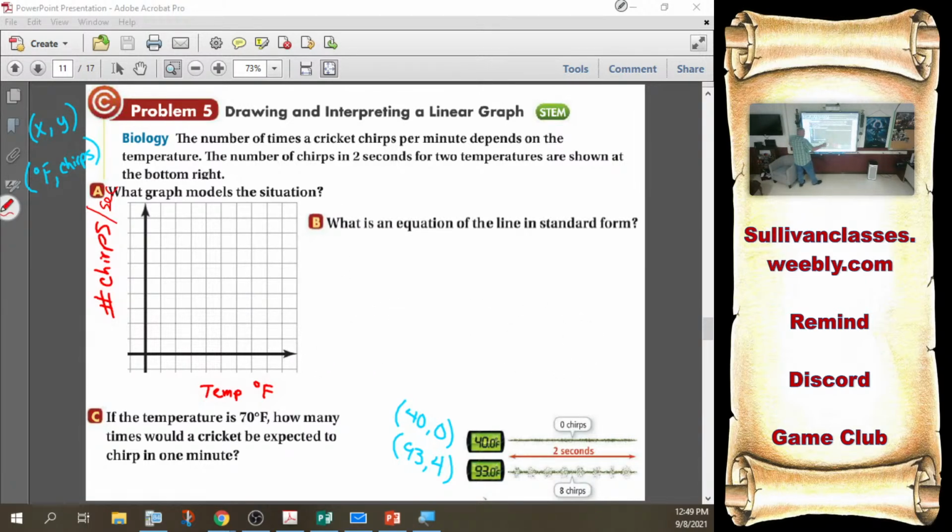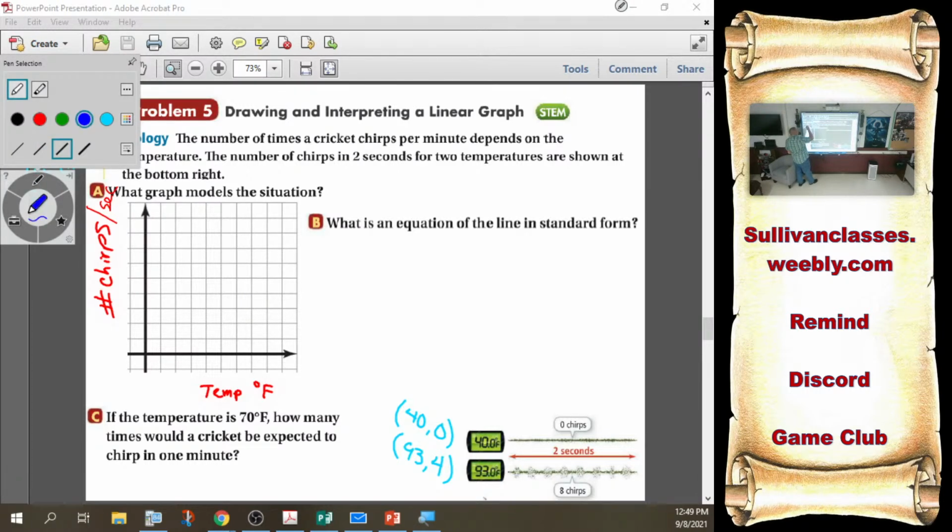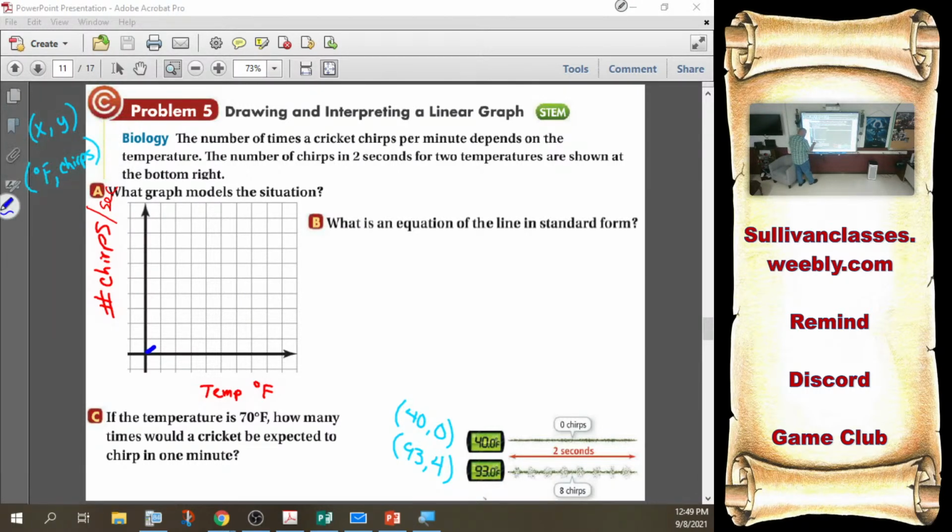So I like going by tens, but instead of going all the way down to 0, doesn't make sense that I'm going to go to negative chirps, right? It's going to make a negative sound. It's going to do a time heist, go back in time, and take away its old chirps. Like it doesn't make sense. So instead, I'm going to have my graph do a little break, and maybe I'll start instead at